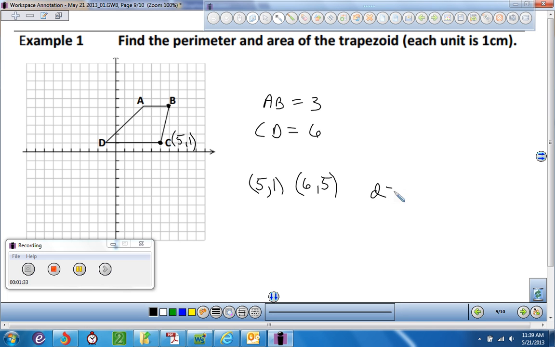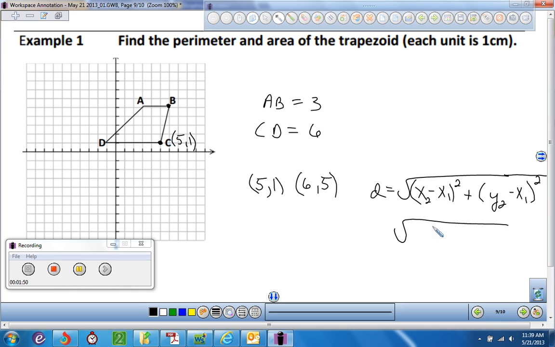Remember in our distance formula, we're going to do change in x squared plus the change in y squared. So that's our distance formula. Alright, so for this one, I'll just use this as x1 and x2. So I'm just going to go 5 minus 6 squared plus 1 minus 5